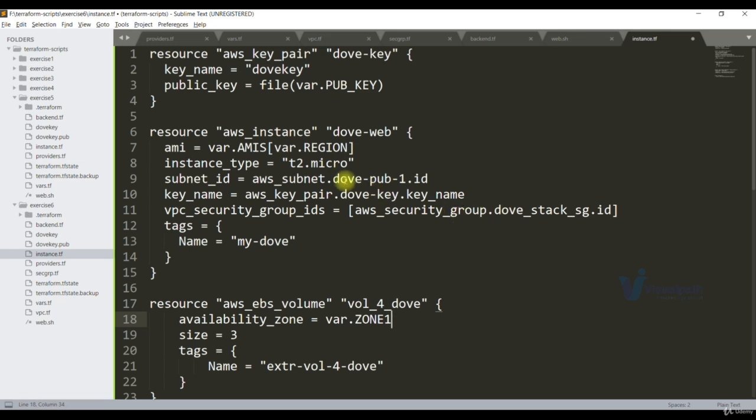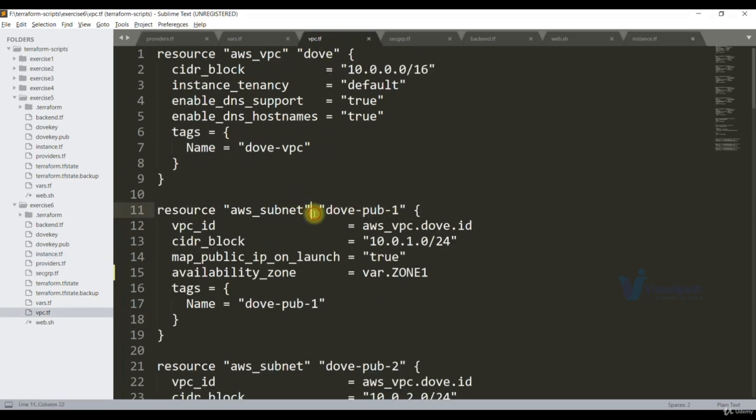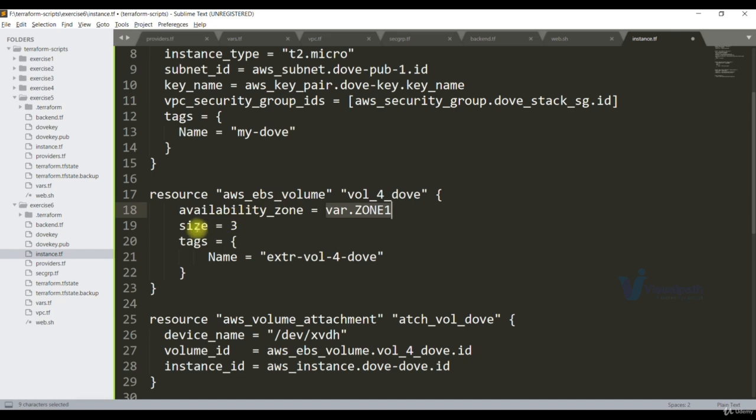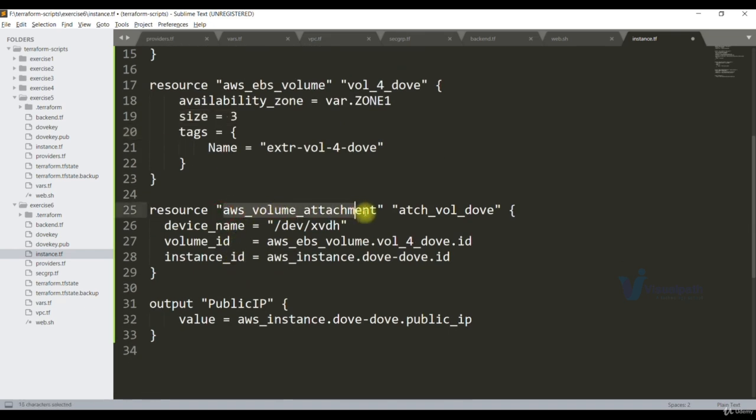This subnet, public 1 subnet, in the VPC section, if you see, this is in zone 1. So our EBS volume should be also in the same zone. Right? In this case, this variable comes very handy, so you can use the same variable. Right? So we create a volume there with 3 GB of size, and another resource, aws_volume_attachment,